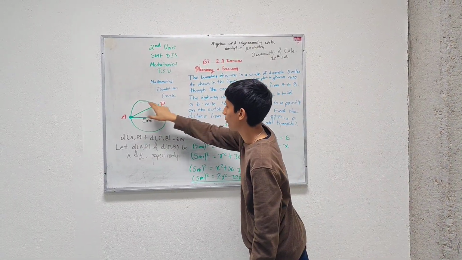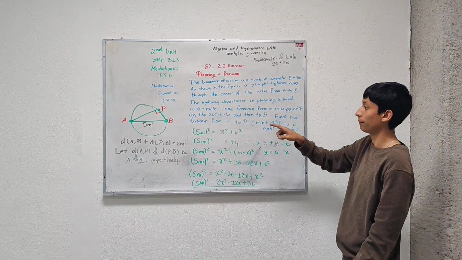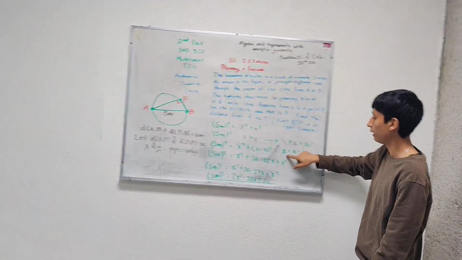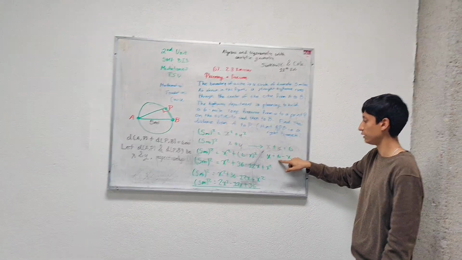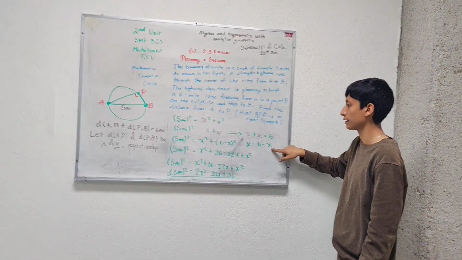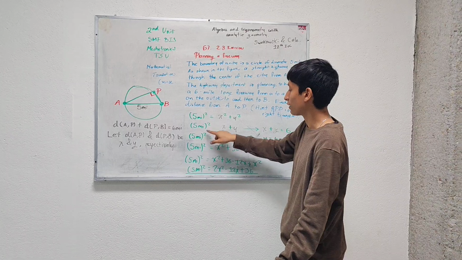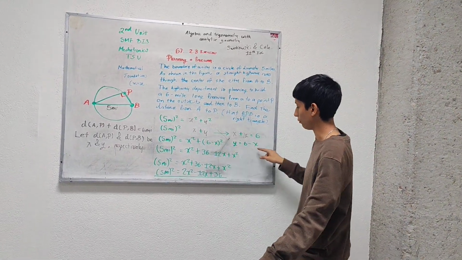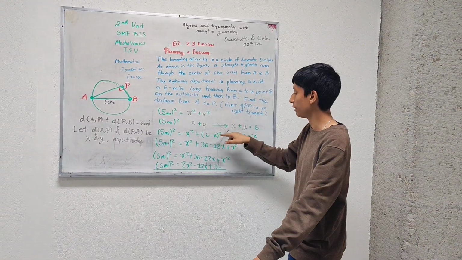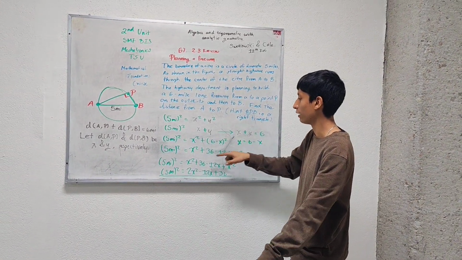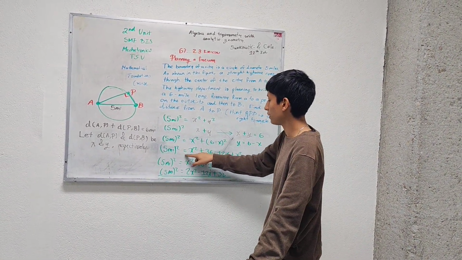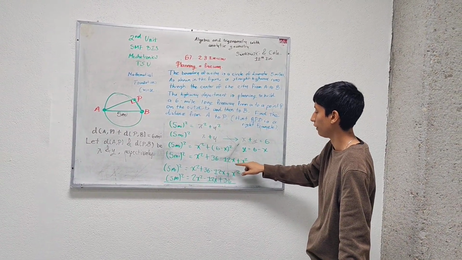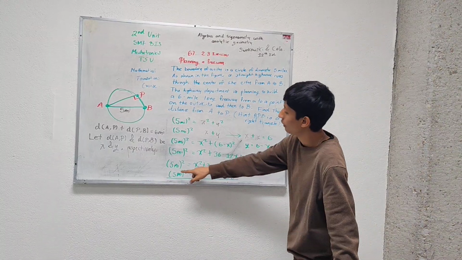Because it is the distance from A to P and from P to B. So we are going to make y equal to 6 minus x. So 5 miles squared is going to be equal to x squared plus y squared. But right here we have this 6 minus x squared. So 5 miles squared is going to be equal to x squared plus 36 minus 12x plus x squared,